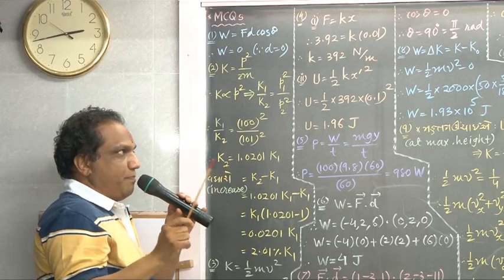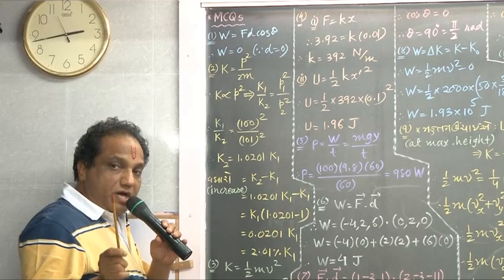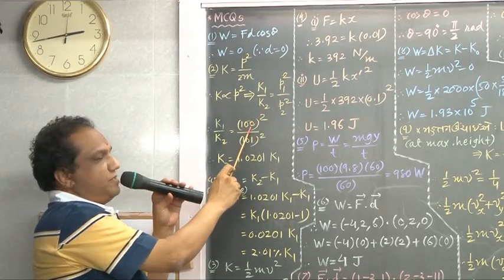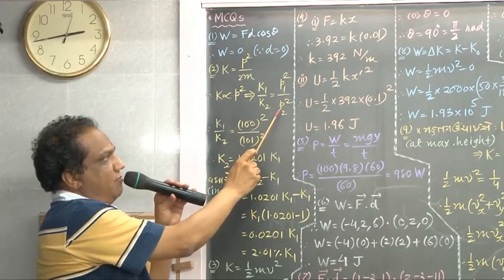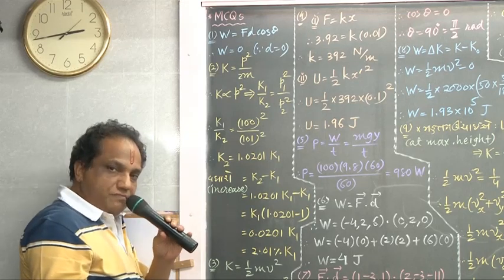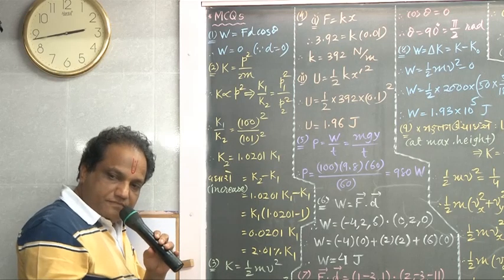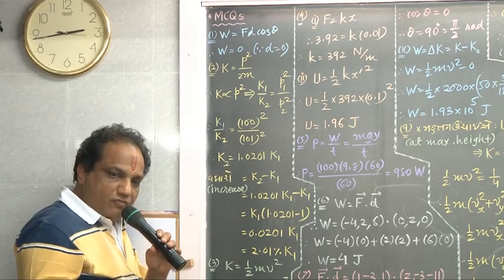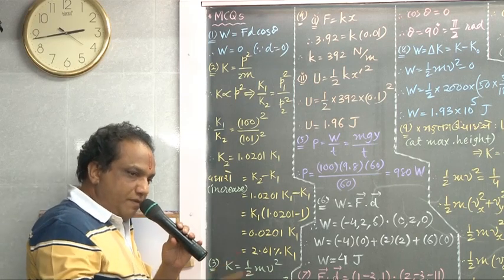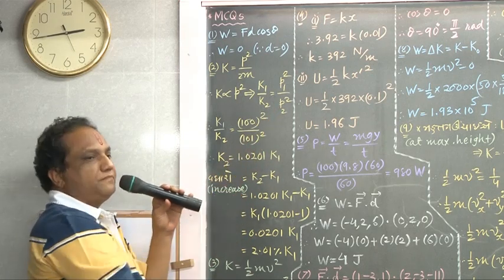Whenever they talk in terms of percentage, I have always told you, you should think of the original value to be 100 units. So initial momentum I am taking 100 units. Okay? What about final momentum? They have said momentum increases by 1%. What is 1% of 100? 1. But that much is increase. So 100 plus 1. That's why putting P2 equal to 101.